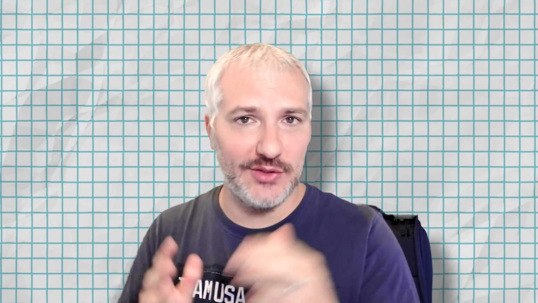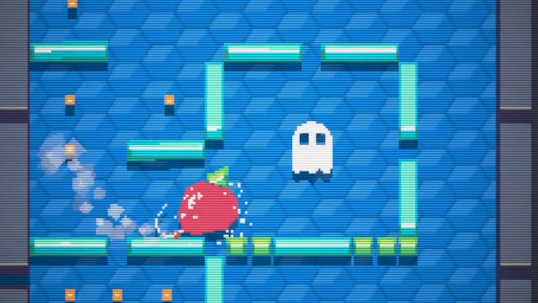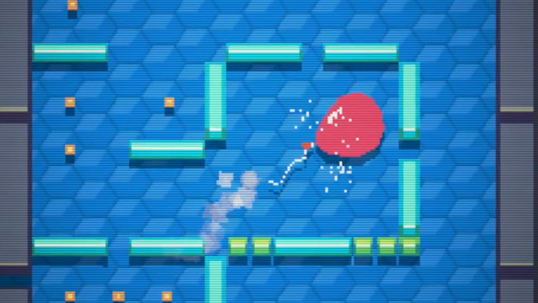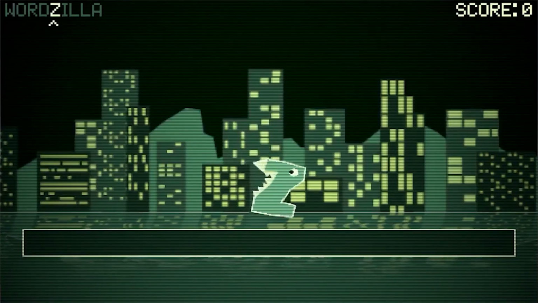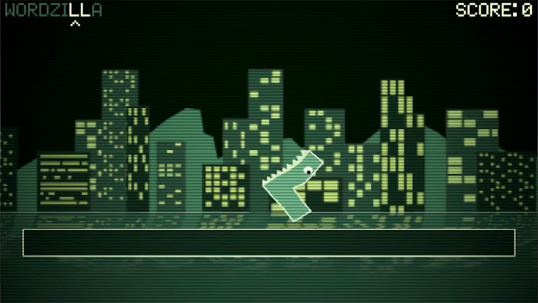So once I got the basic physics working in Unity, I actually did 2 small game jam projects to give me an excuse to try creating some gameplay on top of the physics engine and to kind of kick the tires, so to speak. So I made a game called Balloon Out, which is kind of like this little arcade game, but with the soft body physics. And I also made a game called Wordzilla, which focused on shape changing, which of course the car in JellyCar can change its shape from the small version to the big version.